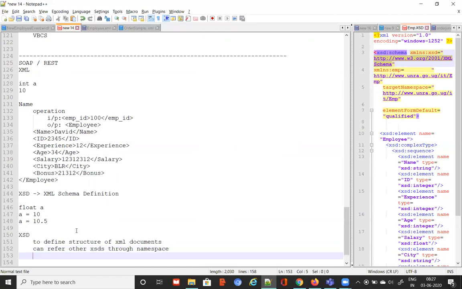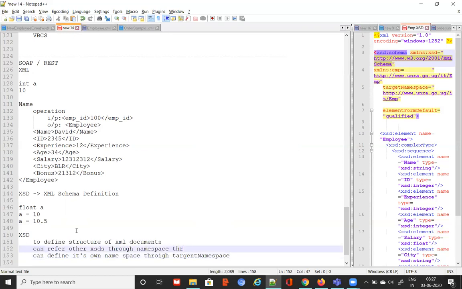XSD can define its own namespace through the target namespace field, and here we are going to use xmlns, colon, like that.